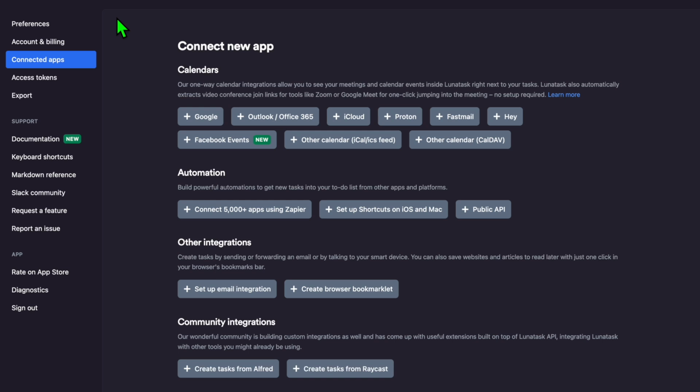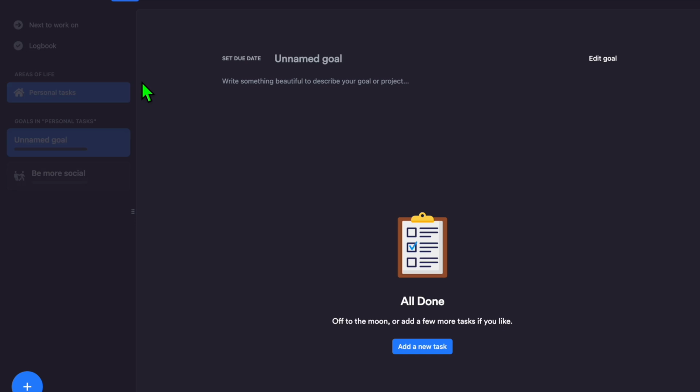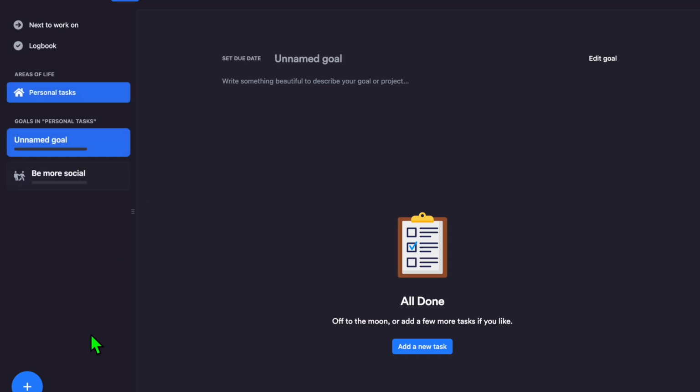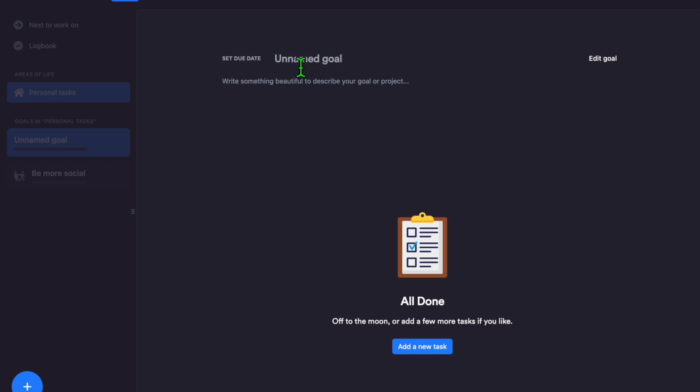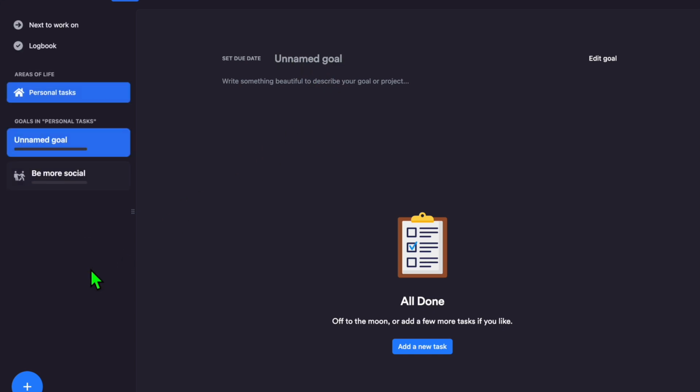And the first thing I'll be showing you to do on Lunatask is to create a task. So you can tap on Task from the top navigation bar. Then you're going to tap on the plus in the bottom left hand corner. And from here you can create a new task. And by the way, at the top right where you see unnamed goal, you can create different goals that you